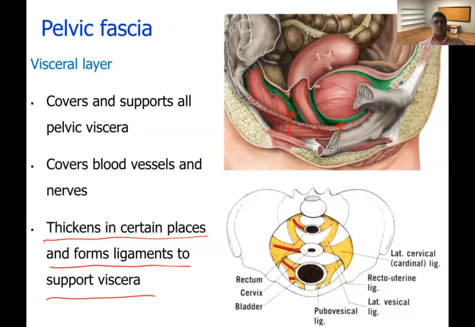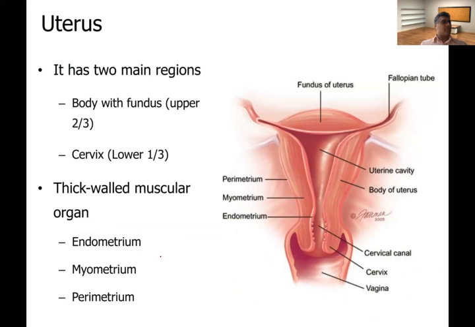Okay, so that is about the general things about the pelvic cavity, pelvic fascia, pelvic diaphragm and all. Since there are not many lectures, we will go through some of the organs as well. It's 9:15. We can go through some of the organs as well. If you take the uterus,